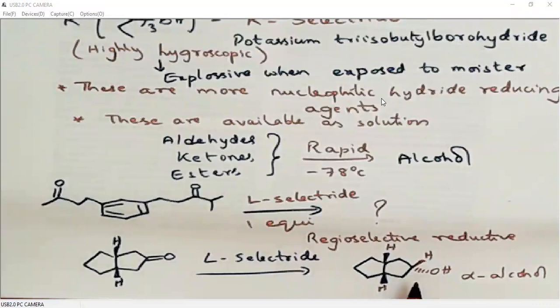So that is the importance of selectrides. They have more selectivity compared to sodium borohydride, lithium borohydride, or zinc borohydride. Because of the improved selectivity, we use selectrides. If you don't need such selectivity, we can simply use sodium borohydride or lithium borohydride, whatever we want. But when we want a particular product like this, only 100% product like this, then we should use selectride, because selectrides will give 100% selectivity. There will be no minor product.